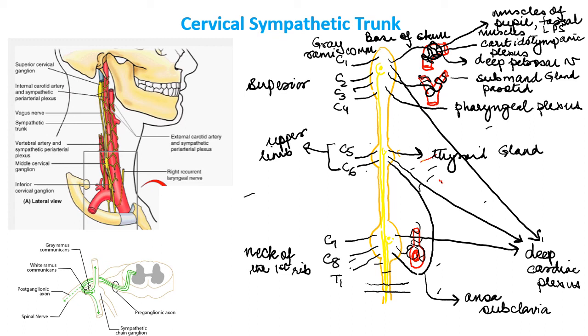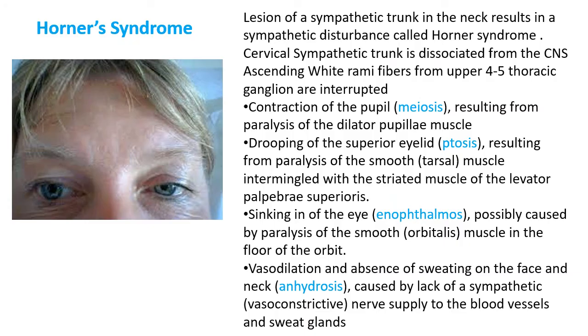And this would result in a condition known as Horner syndrome, which prevents the body from responding to reflex and emotional changes which take place due to stress. What is Horner syndrome? Let's do that. The lesion of the sympathetic trunk in the area of the root of the neck or anywhere in the neck results in dissociating the cervical sympathetic trunk from the CNS. The ascending white rami fibers, the preganglionic sympathetic fibers from the upper 4 to 5 thoracic ganglia,